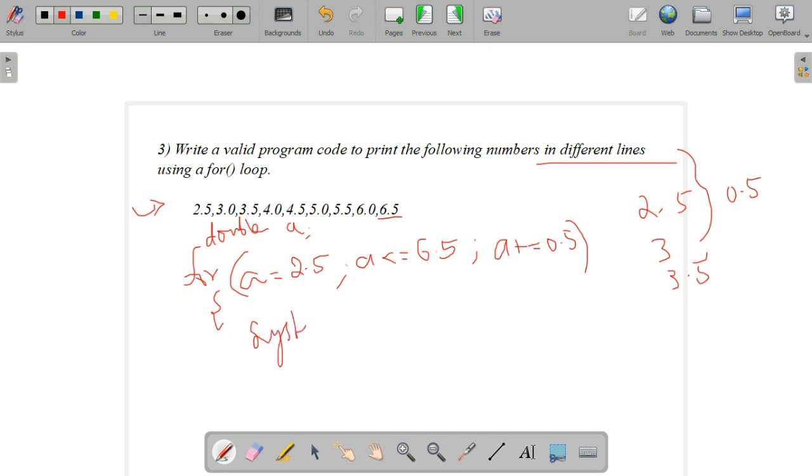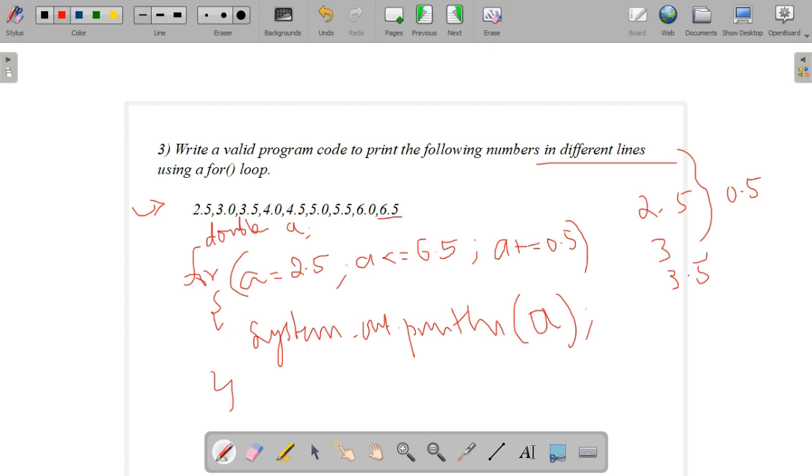Then we have to print in different lines, so for that we use System.out.println. That means after each value, the output comes on the next line.